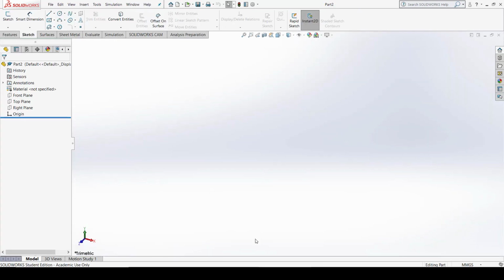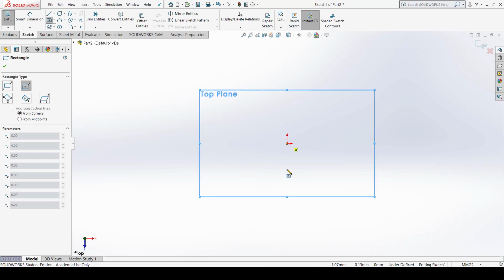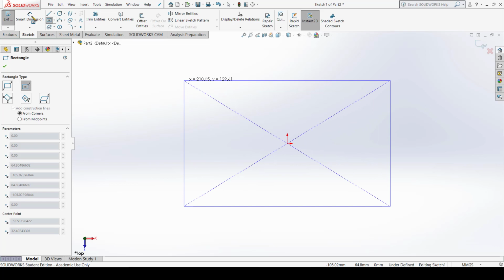As you can see, our sketch user interface is open here. Now select the top plane first, go to sketch, select the sketch command and draw a center rectangle here. Give certain dimensions to the rectangle.